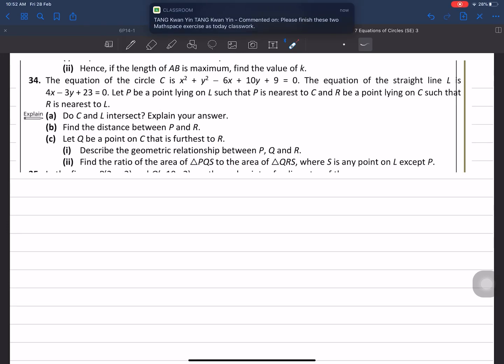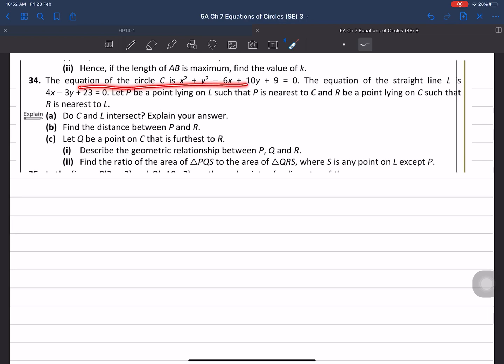Question 34. A question like this: if we have an equation of a circle in general form, and one straight line, let P